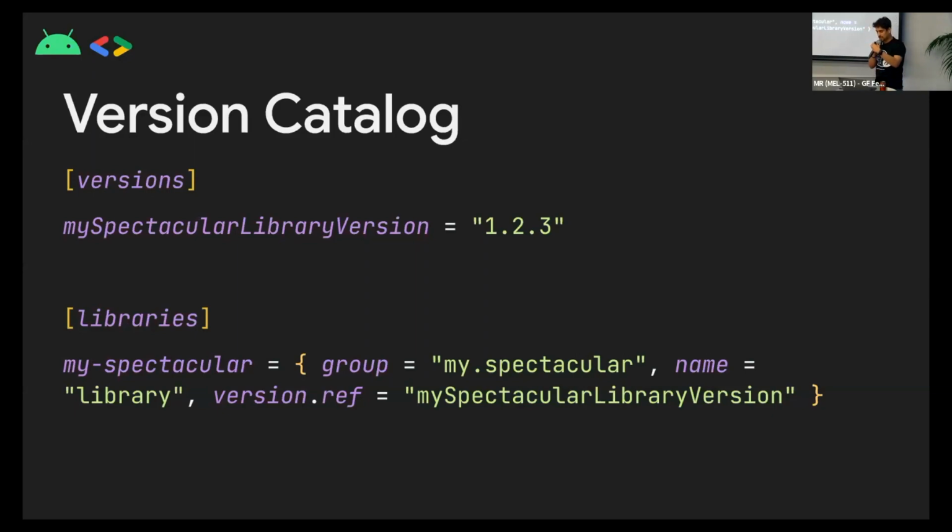Now, this representation is called TOML, or Tom's Obvious Minimal Language. However, you can define a version catalog in your settings.gradle as well. It's a bit more painful to define it over there because now you have to create all these individual sections, whose names are predefined. You've got to do a bit more work for this. So it's just easier if you go this route.